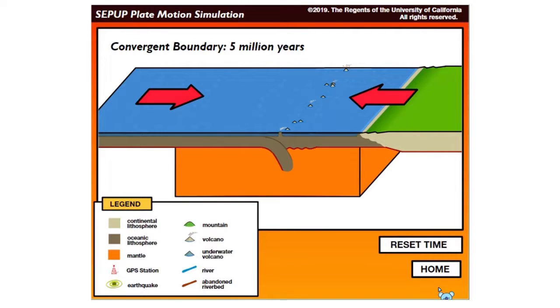As shown in the simulation, the cooler, denser oceanic lithosphere continues to sink beneath the warmer, less dense oceanic lithosphere when the two oceanic plates collide. As the oceanic crust sinks deeper into the mantle, water is released that reduces the mantle's melting point and triggers partial melting. The molten material, or magma, from the mantle will rise to the surface, creating volcanoes.